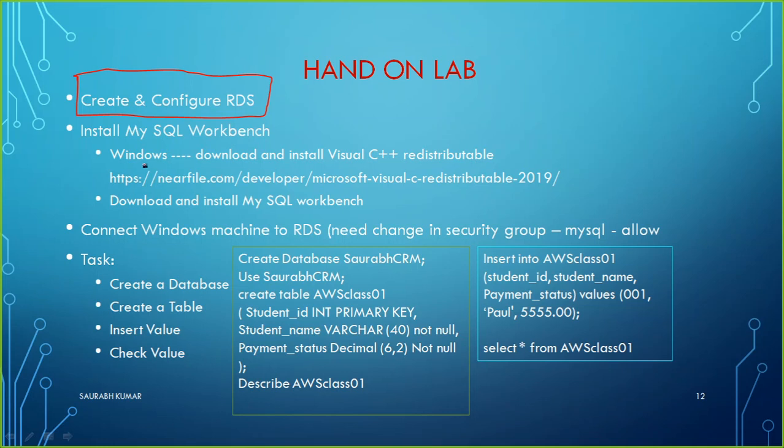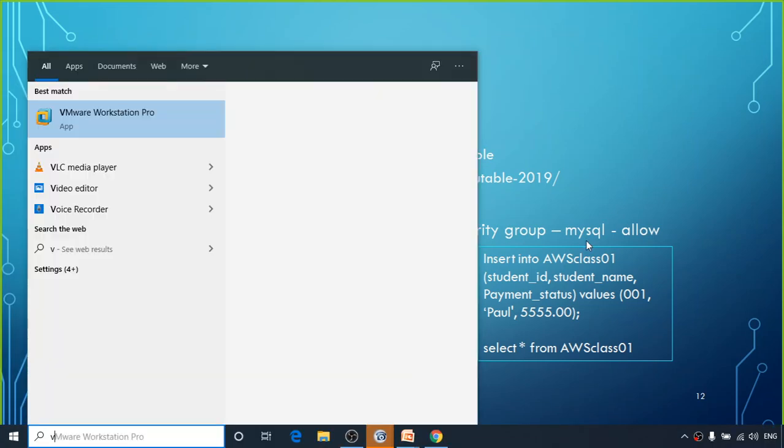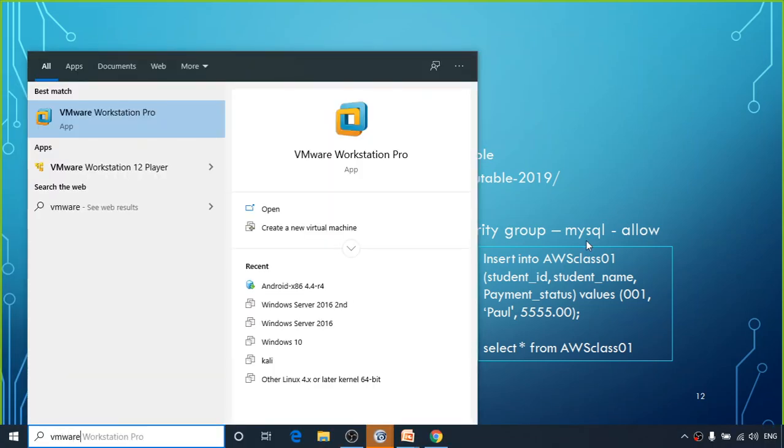Next task, my plan is to have SQL Workbench. Workbench is going to give you an interface on your local computer, from where you will be able to manage and customize your database, which is stored on RDS. So let me follow that step to get it done. To manage that RDS database, I can have any workbench running on my local computer, maybe on this laptop, or maybe let me use a VMware computer, so that it will be easy for you to understand.